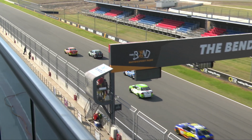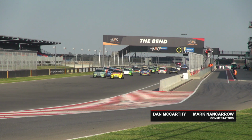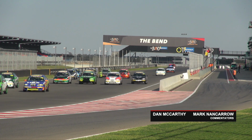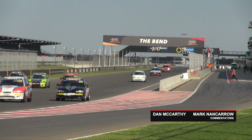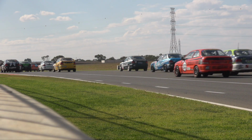Really good start. Now, another one surprised is the Cowell entry, the Vaughan Cowell entry, which had his first start here at the previous round. And he's got himself up to position 4 on the grid. That's a terrific effort. They did have a few issues at the first round. So that's another one we'll be having a very...